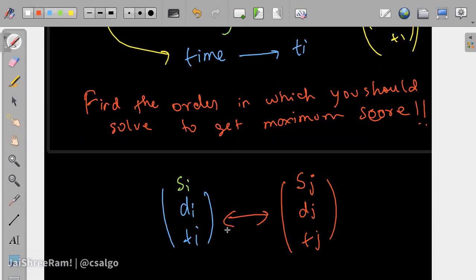Nice. Yeah, that's the same condition I think even Sashi was speaking about. Anyone else would like to try? The max score is solved by max di by di equal to t.